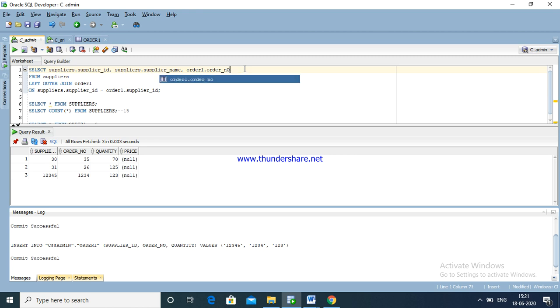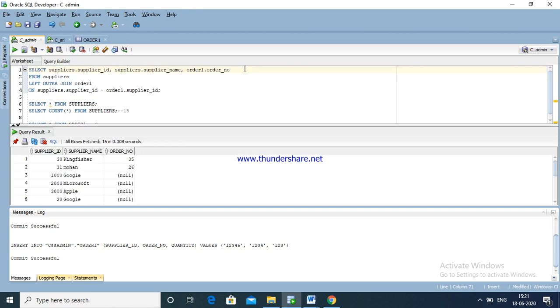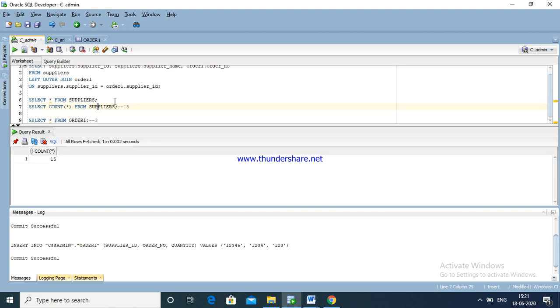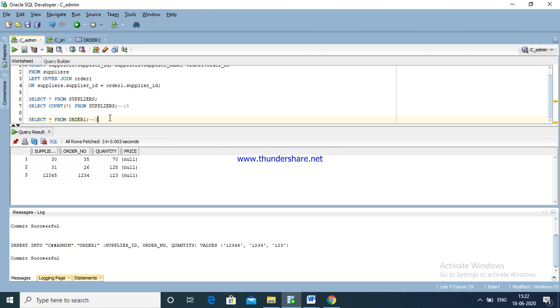Now see it's showing the order number. These are the first table and these are our records. The record count is 15 records. The second table has 3 records. And in the first table, there are 5 columns.